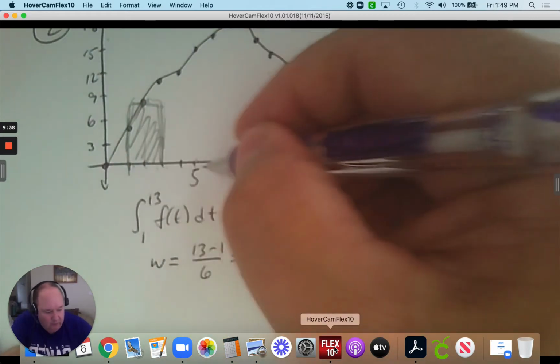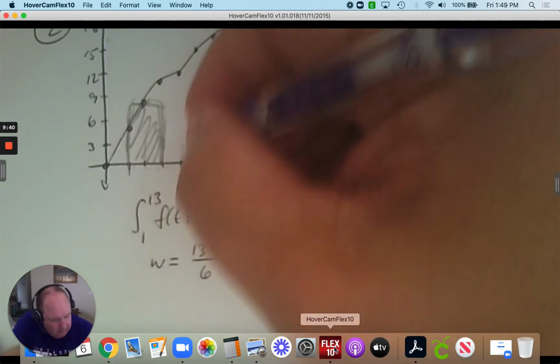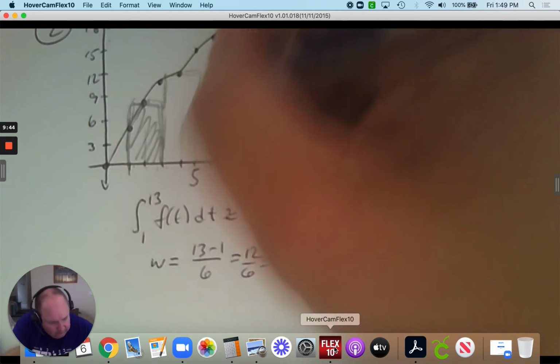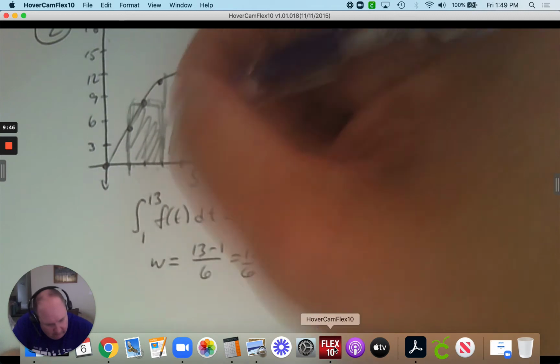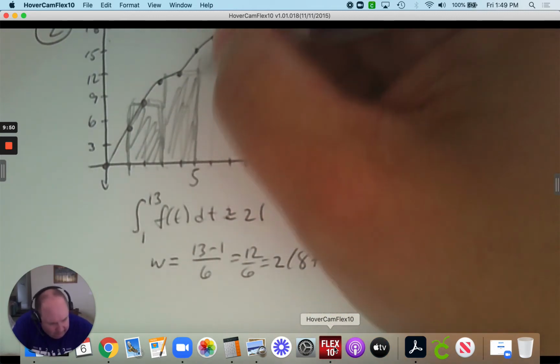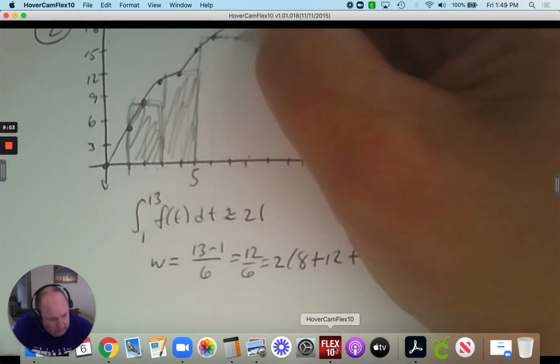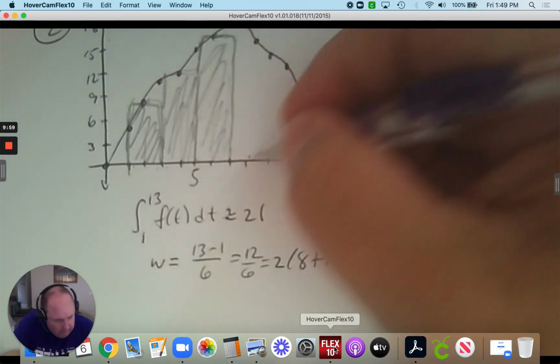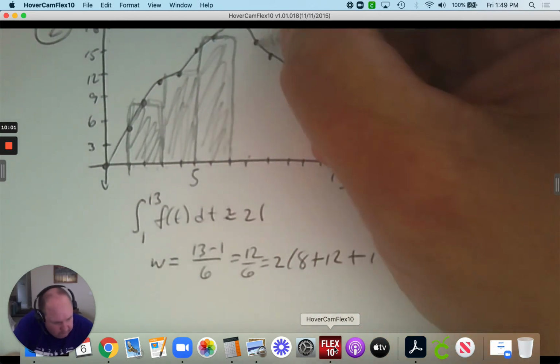The next one is 3 to 5 and 4. Take that up here, and there's your rectangle. Between 5 and 7, you're going to take 6. So the middle value gives you the height of the rectangle. Shade it in. The next one